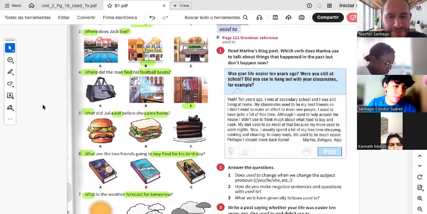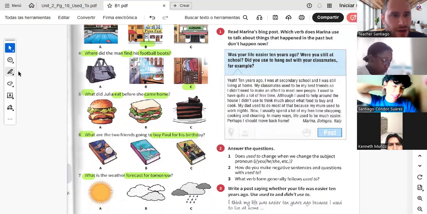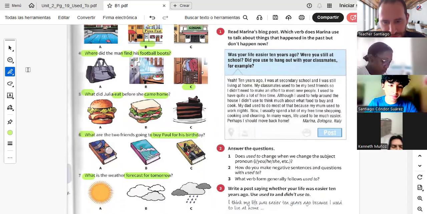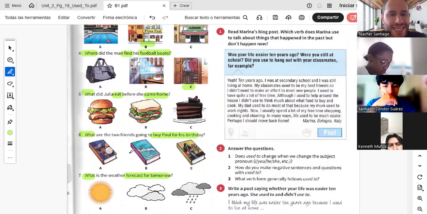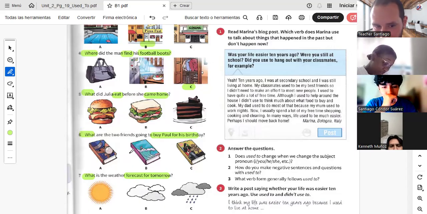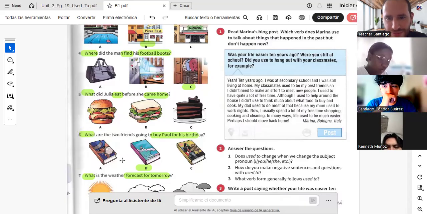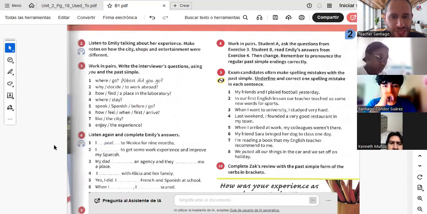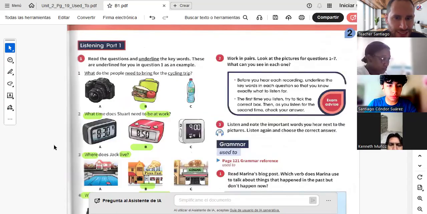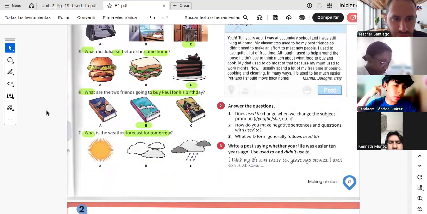Santi, number 5. Teacher, esa no la escuché, no la entendí bien. Okay, Kenneth, number 5. Okay, it's okay. Blank. Sandra, number 6. Letter B. And Sandra, letter 5. My number 5. Respondieron por 5, que ellos no la cogieron. Letter C. Sí. Okay. And finally, Santi, number 7. Sorry, guys. I think it's letter A.